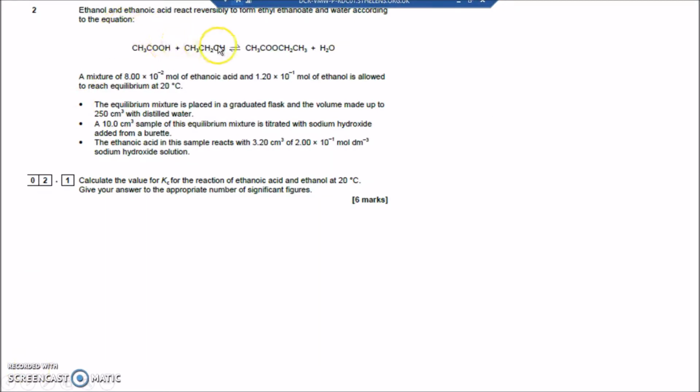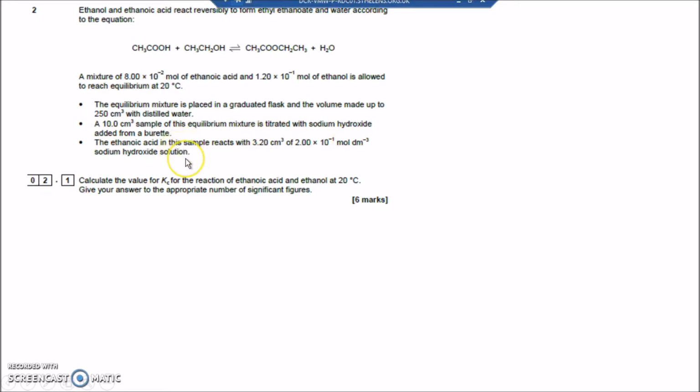Question 2. Ethanol and ethanoic acid are reacted to make an ester, ethyl ethanoate and water. It's an equilibrium reaction. A mixture of 8 times 10 to the minus 2 ethanoic acid and 1.2 times 10 to the minus 1 ethanol is allowed to reach equilibrium. It looks as if we've not started with any ethanoic acid or water. The equilibrium mixture is placed in a graduated flask and the volume made up to 250 centimeters cubed of water. A 10 centimeter cube sample of the equilibrium mixture is titrated with sodium hydroxide. The ethanoic acid in this sample reacts with 3.2 centimeters cubed of 2 times 10 to the minus 1 moles